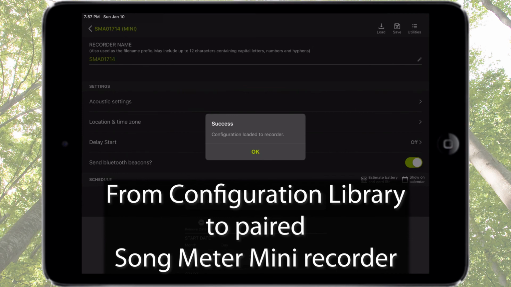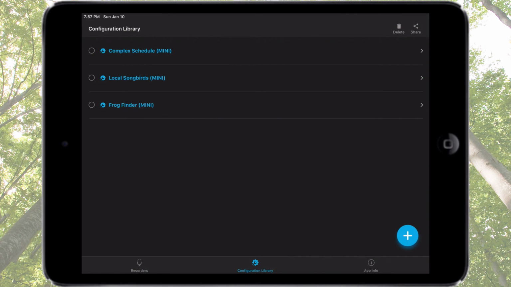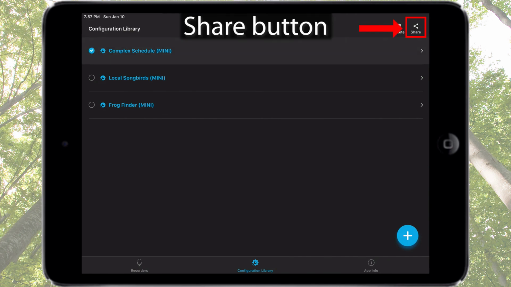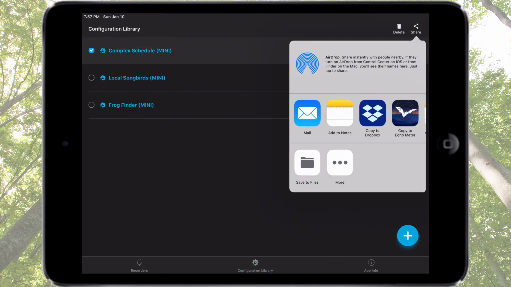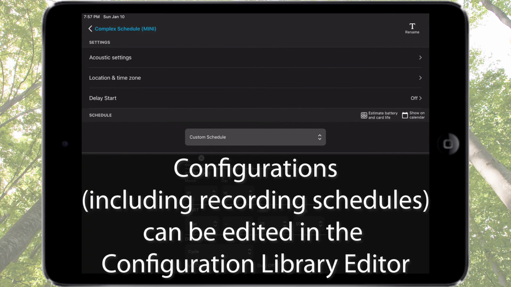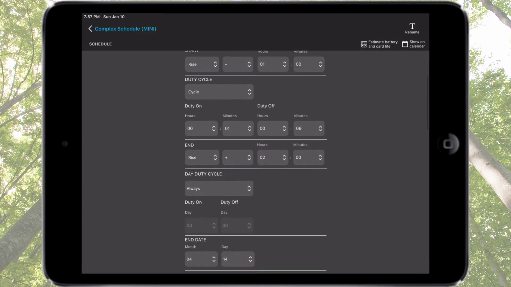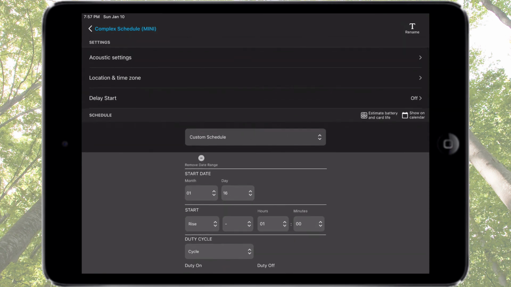paired Songmeter Mini recorder. I'll go to the Configuration Library screen where I can share the file for collaboration, further analysis, and archiving. And if I want, I can further edit the file and its recording schedule directly in the Configuration Library Editor screen. These are a few examples of your options when building a